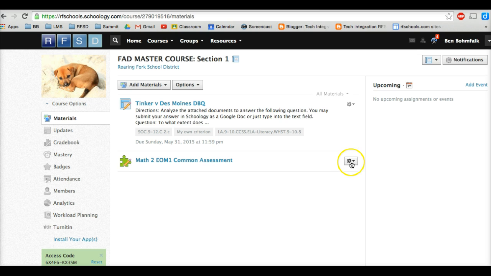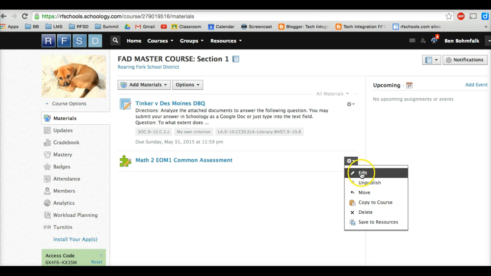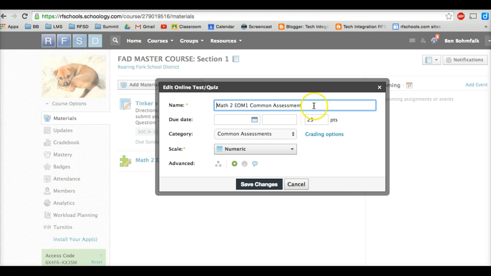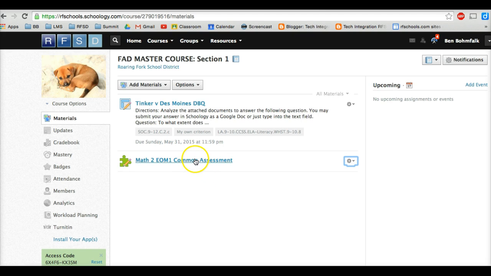Now, if I want to change anything on that, just leave the name alone, but if you want to change the due date, you can. If you want to make it invisible, you can make it invisible. If you're not ready to deliver it yet, you can click that on and off there. I'm just going to cancel those changes. Then if you click on the assessment itself,